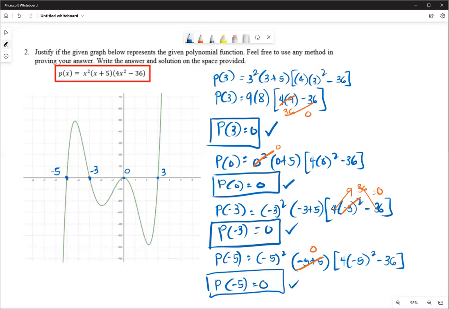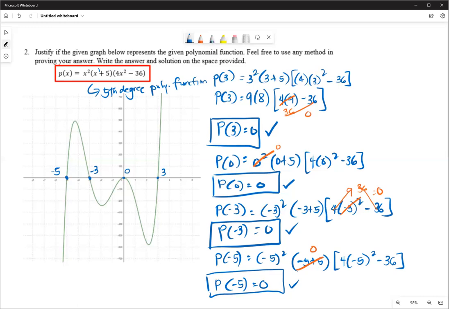So it shows here that the 4 zeros of this given graph are zeros of the given polynomial equation. Let's continue verifying. If we look at the degree of our polynomial function, here we have x squared, we have a linear term, and we have another squared term. If we multiply all these terms and add the exponents, we will have 5. So this is actually a 5th degree polynomial function,